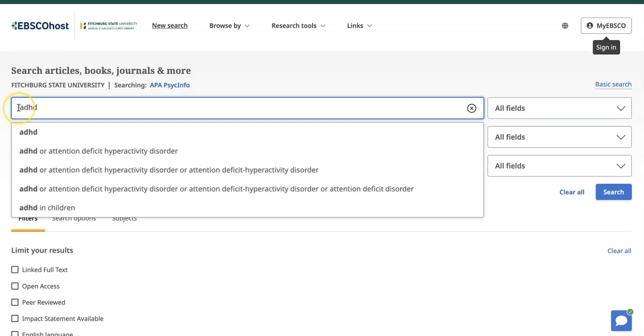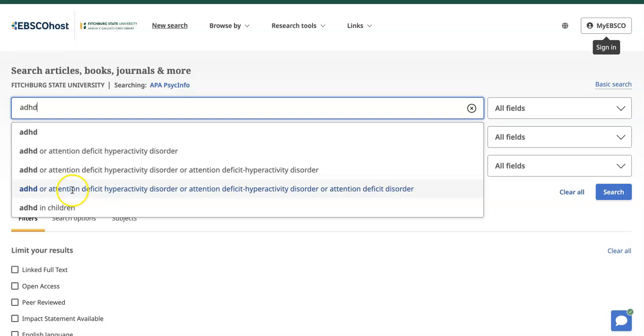So I will start by typing in ADHD, and then a menu below this first search bar will pop up with some suggested search results for us. We have ADHD, ADHD or attention deficit hyperactivity disorder, the same but with a hyphen,